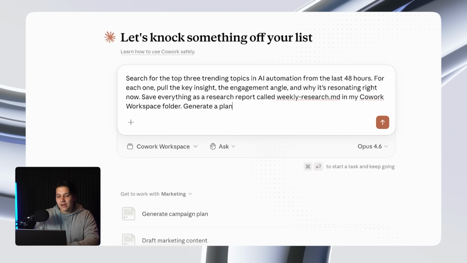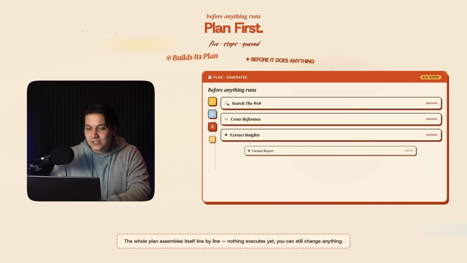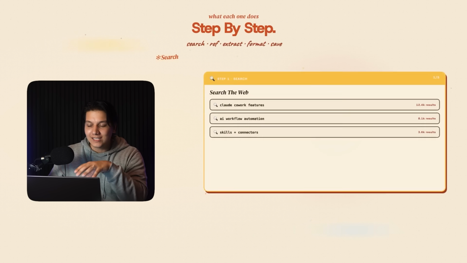Save everything as a research report called weekly-research.md in my Cowork workspace folder. Now, watch the right-hand panel. Cowork builds its plan before it does anything, okay? So it searches the web, it cross-references the sources, it extracts insights, it's formatting the report, it's saving it to